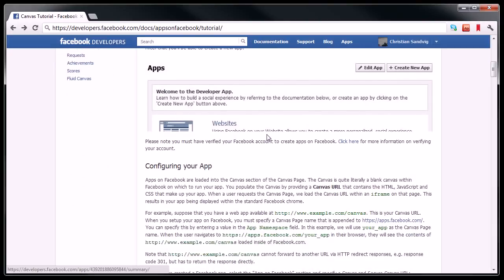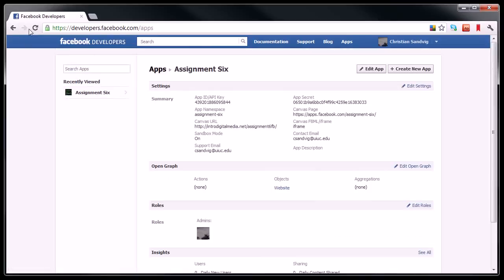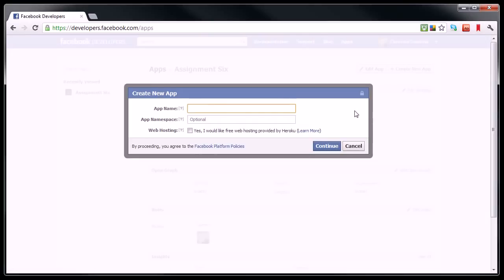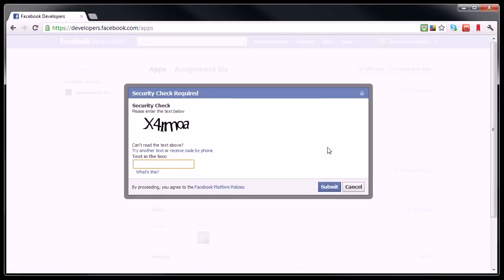The next thing that you want to do after that is simply press the Create a New App button in the Developer app. So let's go back to the Developer app and hit Create New App. You'll have to name it. I'm going to call mine test app. I don't need to worry really about anything else here, and then I'll hit continue. To prove that I'm actually a human,